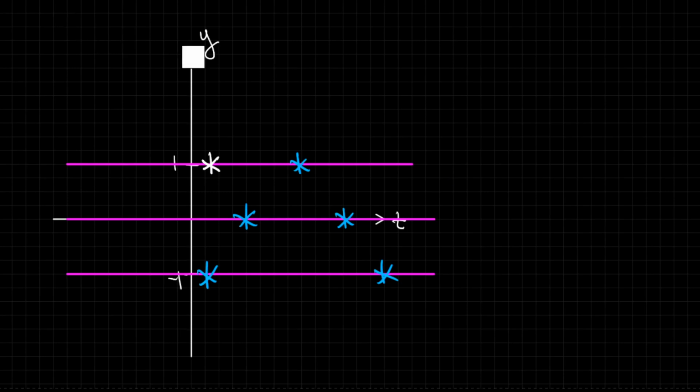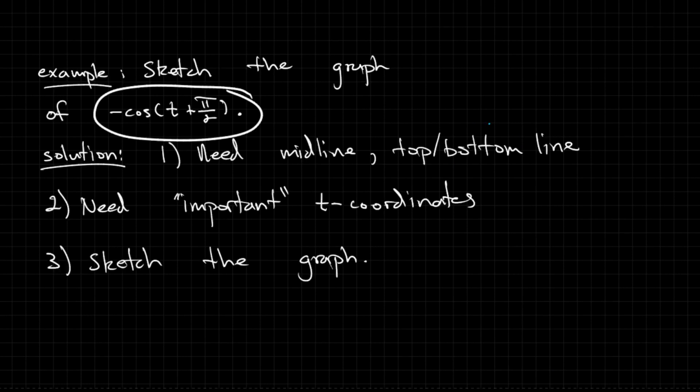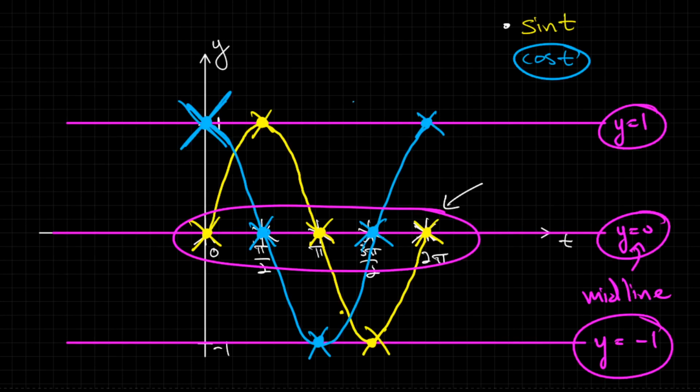So let's go ahead and erase these stray marks. And now that we have completed step one, we found the midline, the top and bottom line, let's talk about how to get those important t-coordinates. Those were these 5 coordinates here